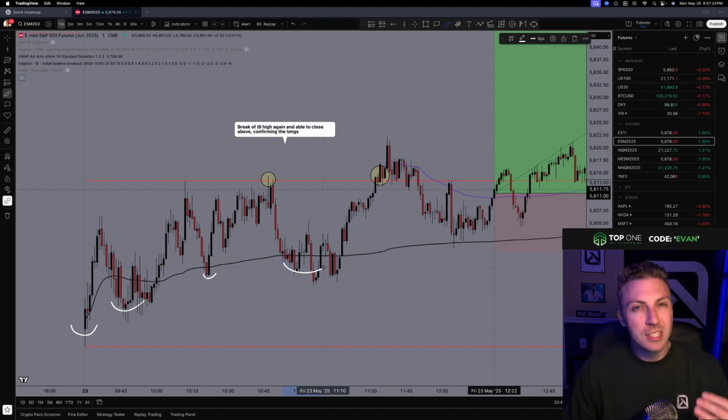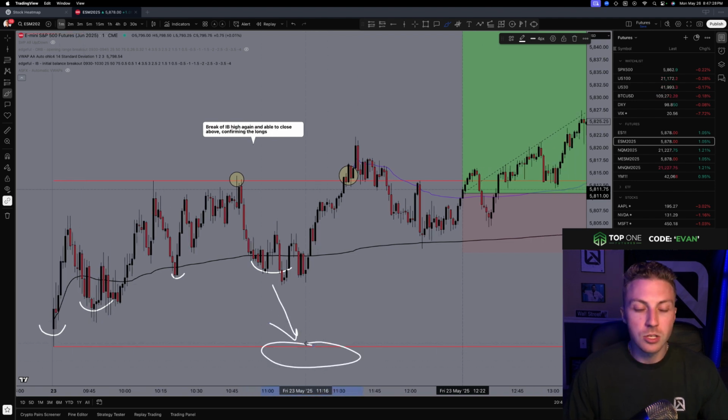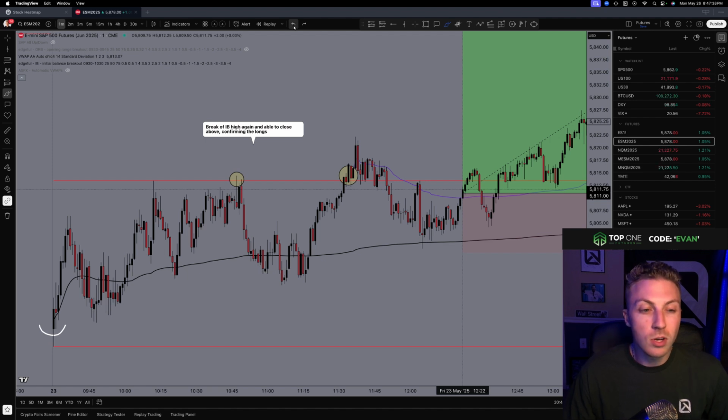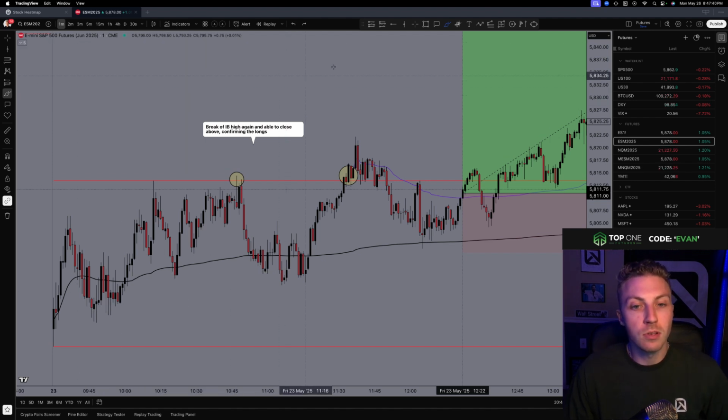But statistically, this probably doesn't run to the low of the day because I just showed you only 7 out of the last 50 had the strength to break the top and the bottom. So we probably don't do that. AKA, I should probably be looking for shorts to not work out and longs to come back in at some point. And if you keep that in your mind, hopefully you could avoid this mess down here